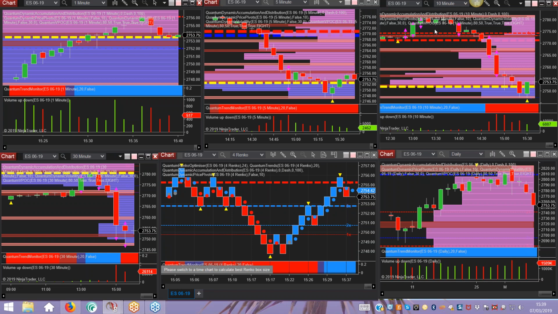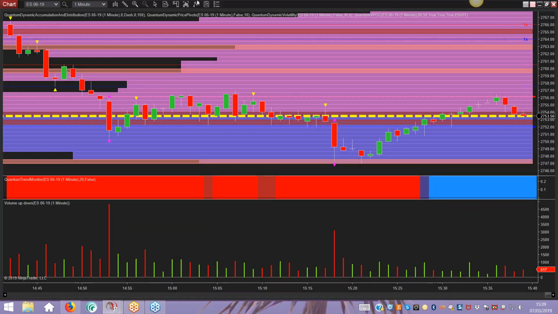Speaking of great VPA lessons, there's a whole raft of stuff going on right now, which is interesting. Because as an intraday trader, one of the things that we're always looking for is opportunities, obviously to join a trend or to get in at the start of a trend, but we're always looking for potential reversal opportunities as well to get in early. And I just wanted to highlight this. This is on the 1 minute for the ES.